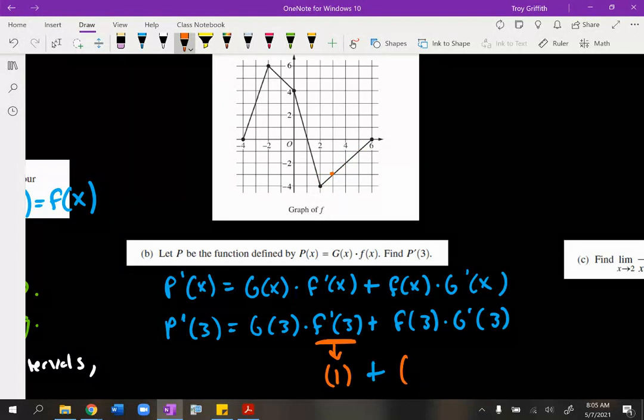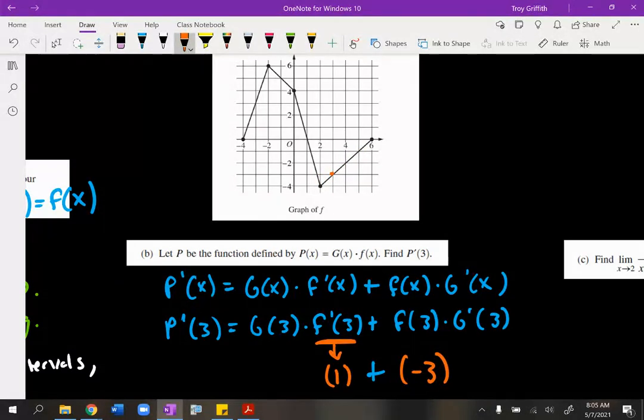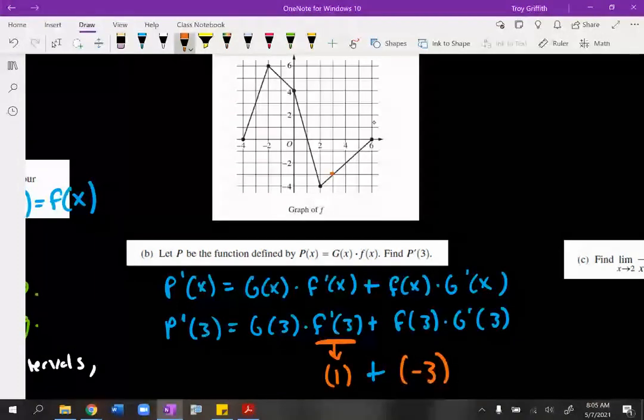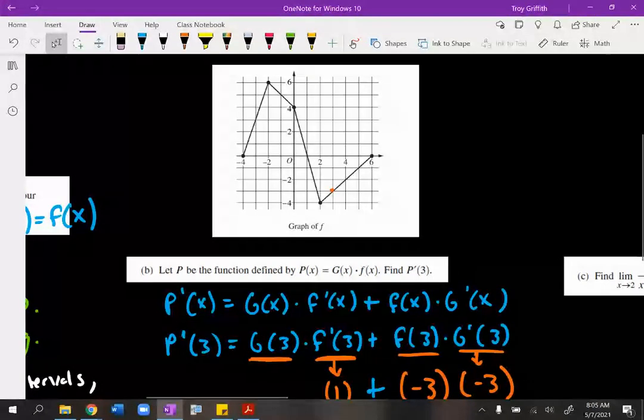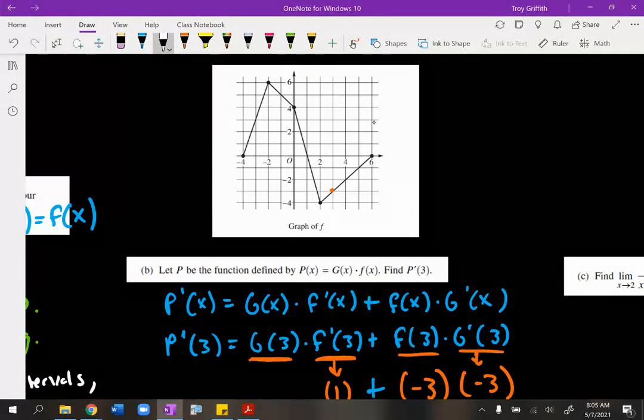Okay, so not too bad there. And if you make the connection from earlier that g prime of x is equal to f of x, well, these are actually the same thing. So g prime of 3 is also going to be -3. The only thing that we're going to have to do a little bit of math for is finding g of 3. So I'll go up here to do that math, but g of 3 is going to be equal to,